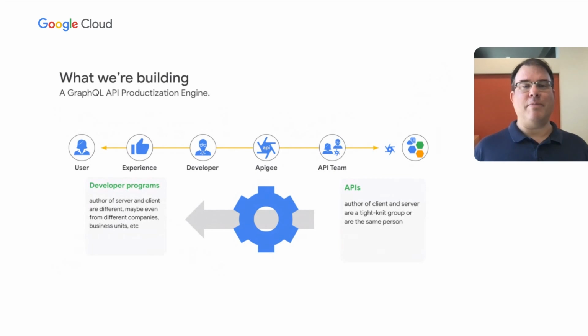So what we're doing at Apogee is we're starting on a journey of figuring out what we need to do to make GraphQL APIs the same kind of first-class APIs as the REST APIs and the other kinds of APIs that Apogee traditionally supports.